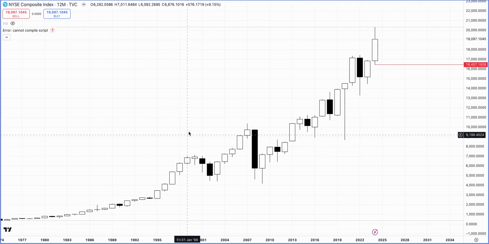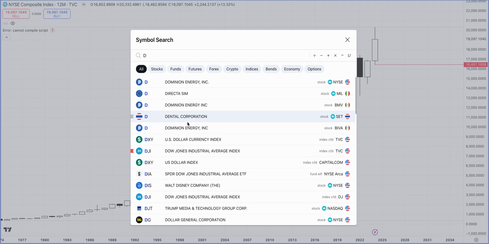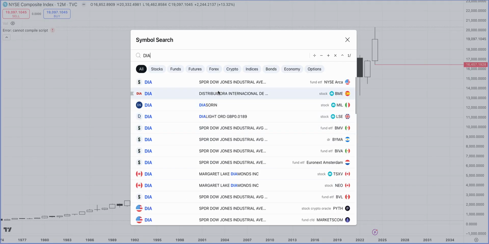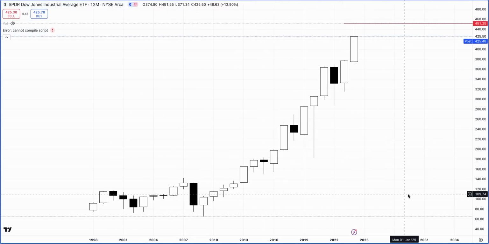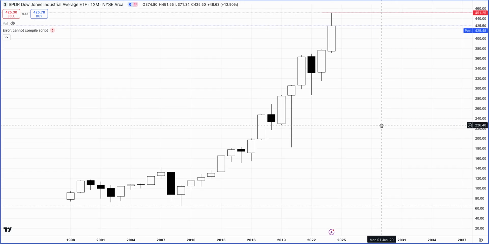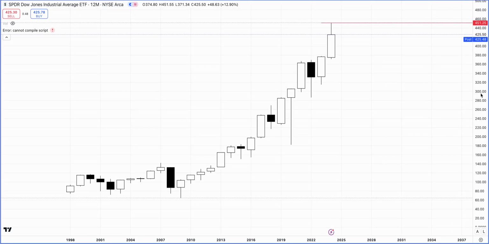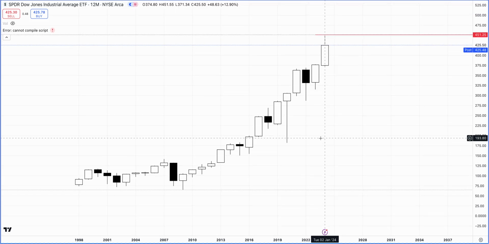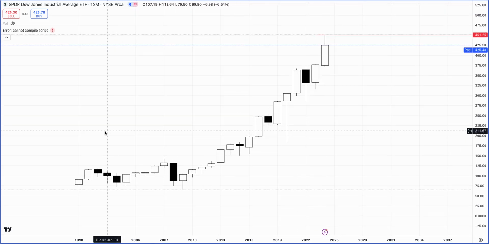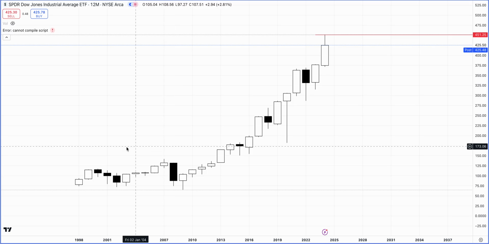Now I'm going to move to the Dow Jones index, and here we take a look at the Spider Dow Jones Industrial Average. So this is an ETF, yearly candles. And here, this chart is quite similar to the New York Stock Exchange Composite Index. And here what we can see is that unlike the NYA,